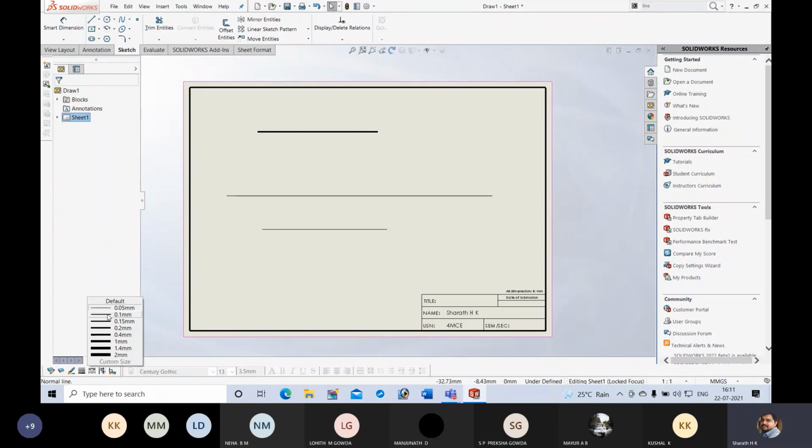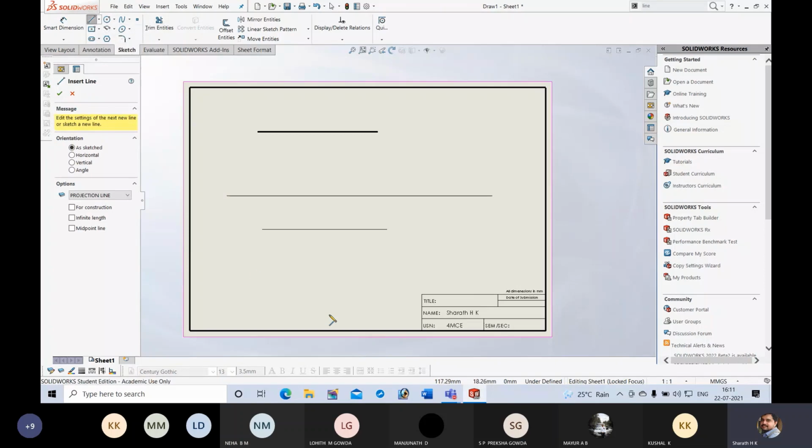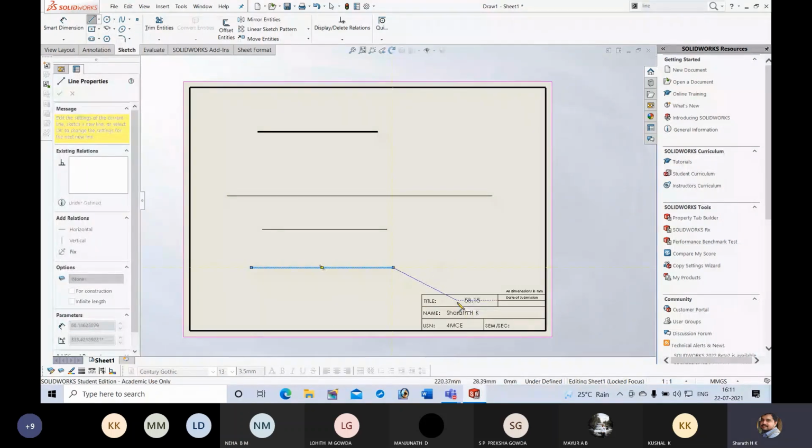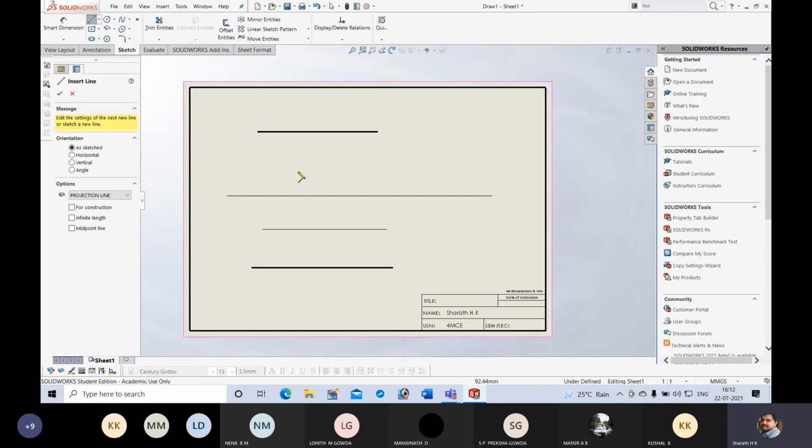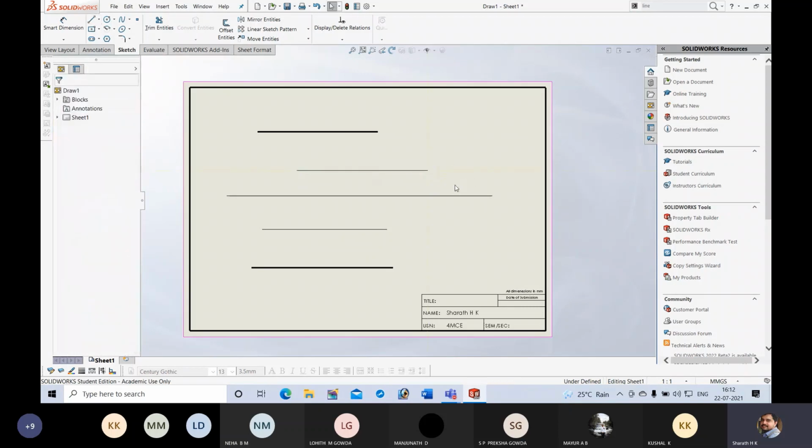For example, now I am choosing 0.4 mm as default. If I go for drawing a line, the thickness of this line will be 0.4 mm, like this. Suppose I select 0.1 mm without selecting any line, now this 0.1 mm thickness will become default like this.